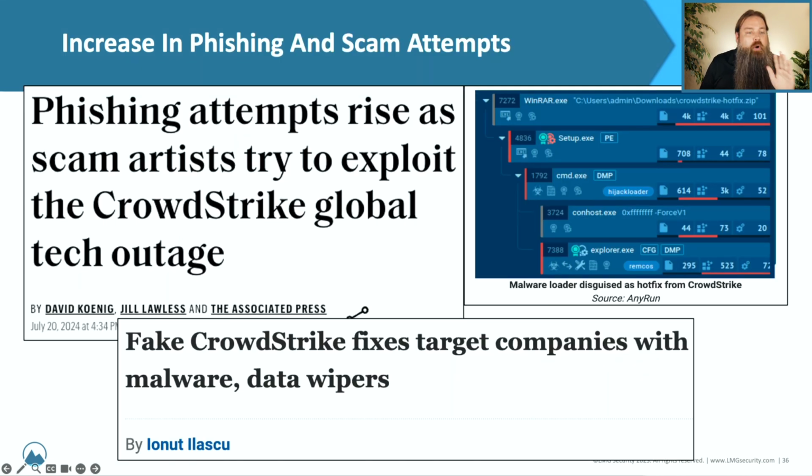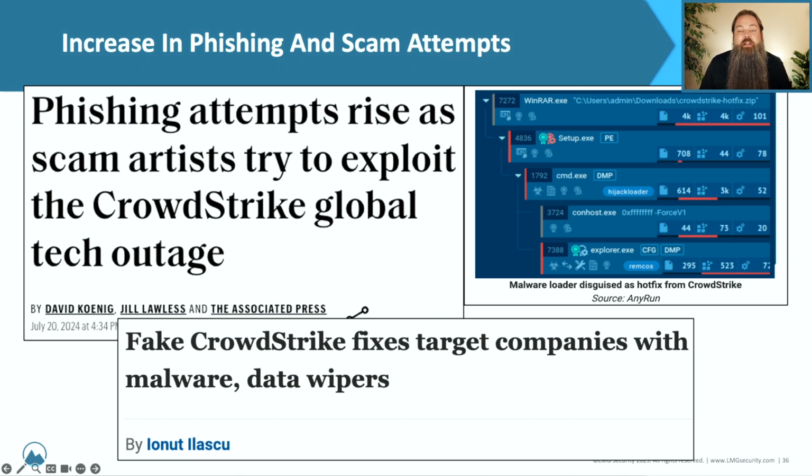More interestingly though, the fallout from this led to a massive spike in spear phishing. And while we were talking about KnowBe4 and social engineering, this came to mind as something that we should probably talk about. When we see someone like a hardware or software vendor suffer a security incident, there is always going to be some level of follow-on from attackers that will try to exploit that organization's misfortune. And this was no different.